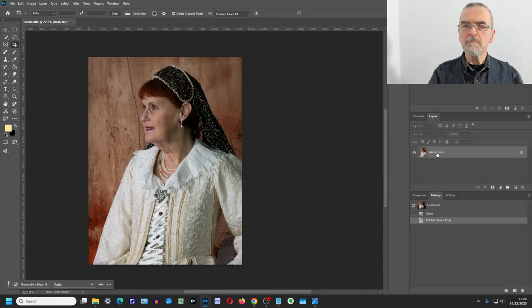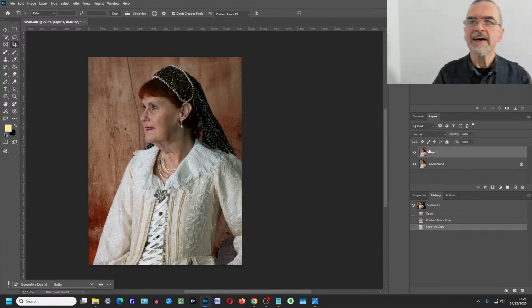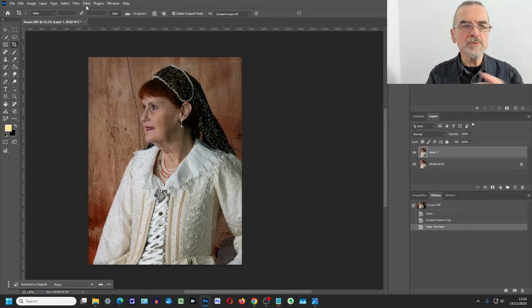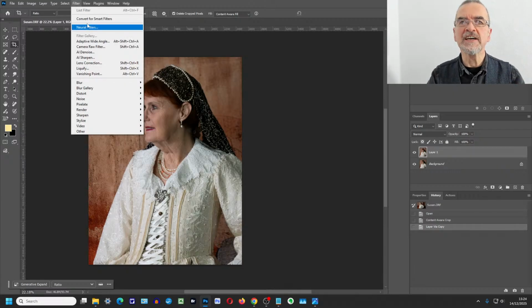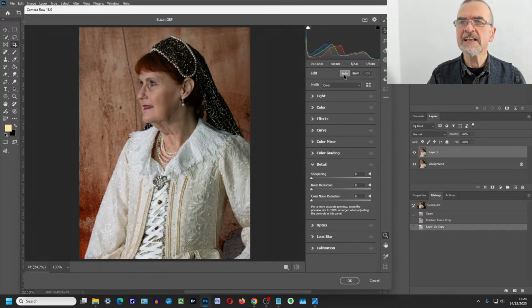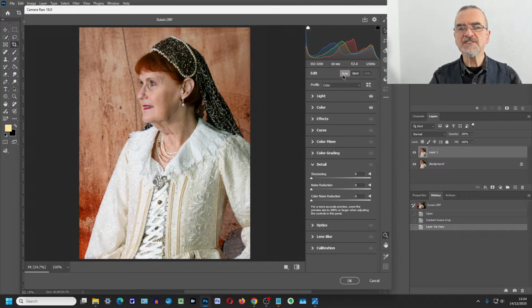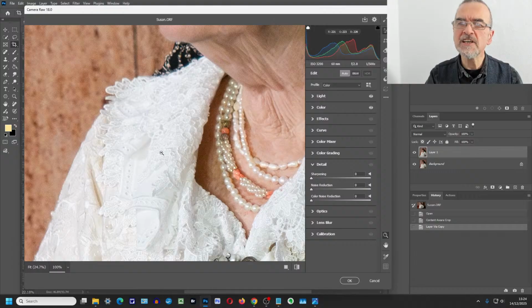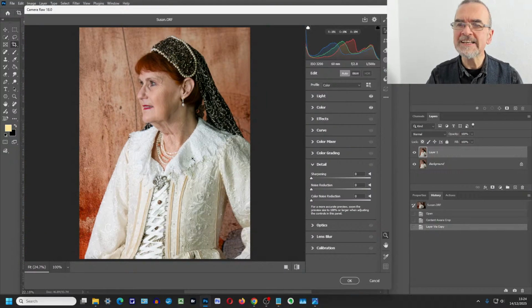So with that in mind, if I now duplicate that layer, once we've got the crop right, we can play around with the rest of the actual editing. A quick trip into Camera Raw filter. Let's click auto, see what happens. Okay, brightens us up a little bit. However, we do start to lose some lovely lace detail and embroidery in this, and we've got to be careful about losing that.